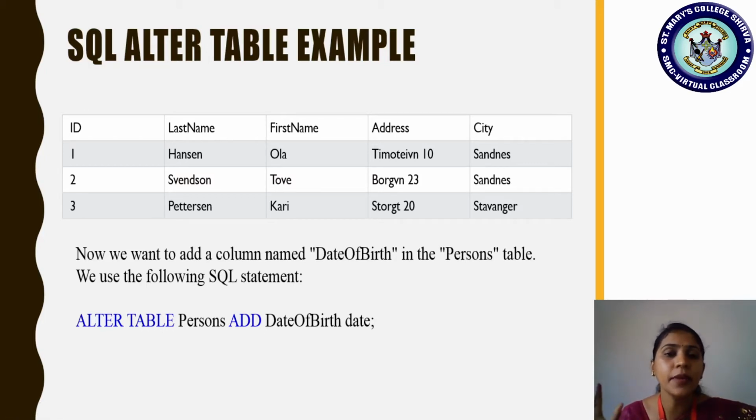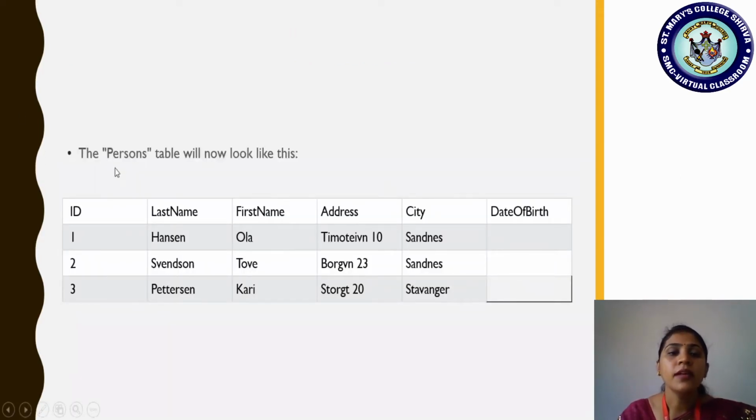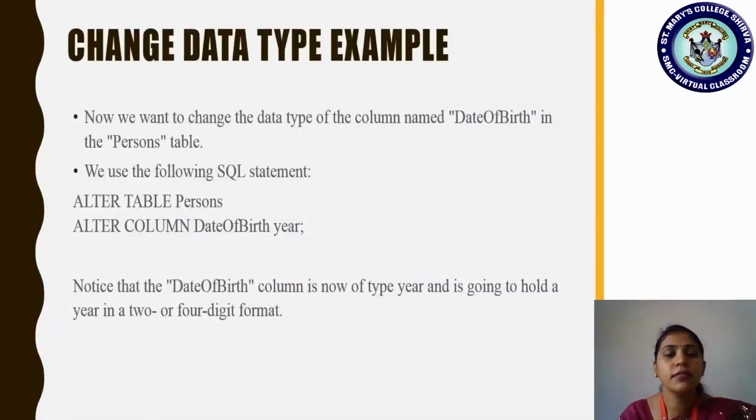Okay, so this is how we included an attribute after creating a table. While creating the table we had included only ID, last name, first name and address, but now we included the date of birth. After using this command, on displaying the table, we found the information like this. As the date of birth was included later, no data is found in here, but we can add information to it. Okay, that we'll discuss next.